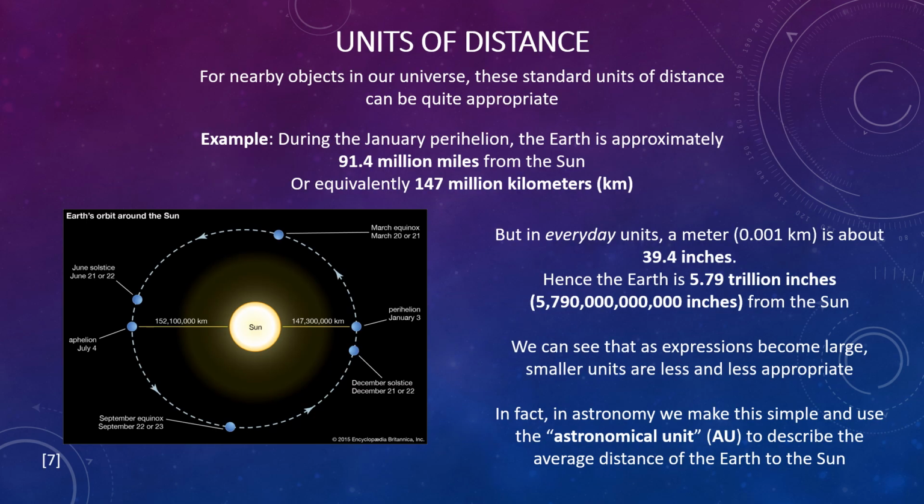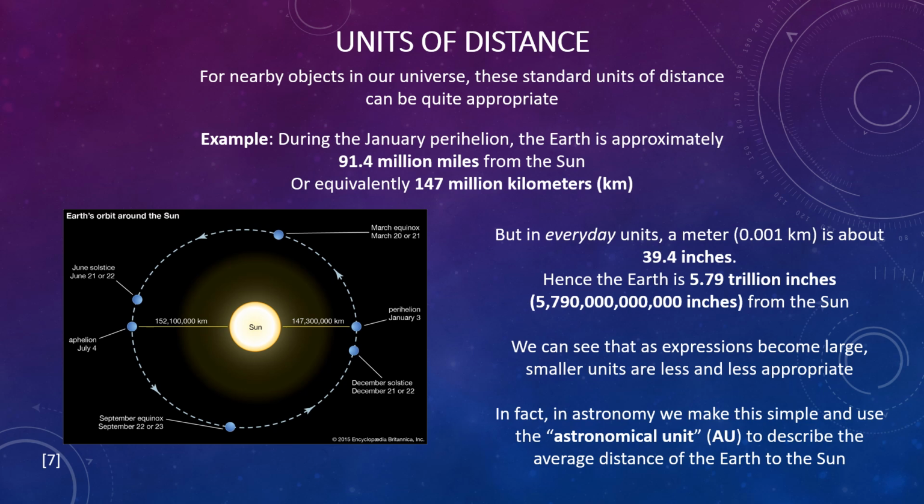So for distance, for things that are nearby, it makes more sense to use these smaller base units of distance, such as the meter. But when we are looking at, for example, the Earth's orbit around the sun, it doesn't orbit in a perfect circle, it orbits in a slight elliptical shape. And so at the furthest point from the sun in its orbit, known as the aphelion, it is